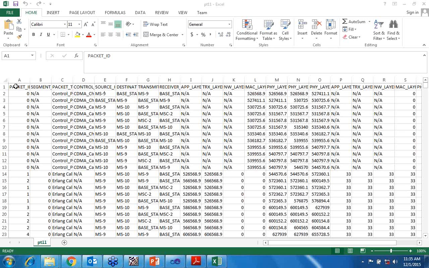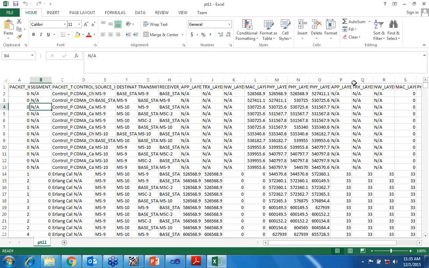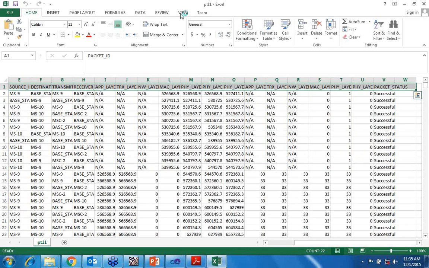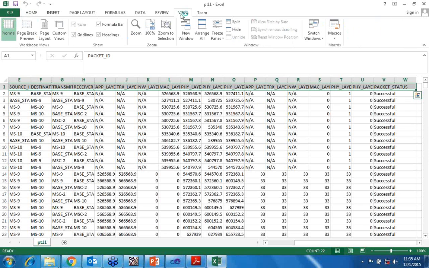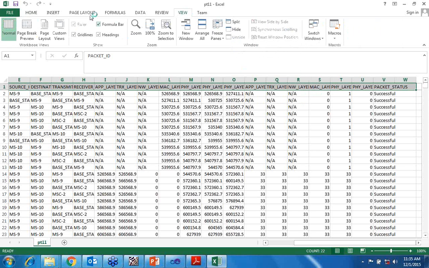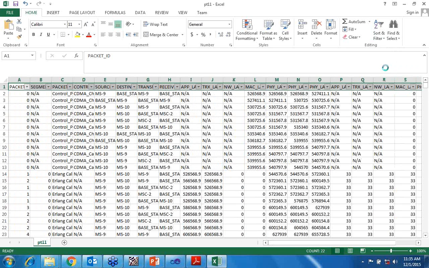Here what we can do, we can choose, when we select this, you can choose to freeze this top row, and you can do some filter.